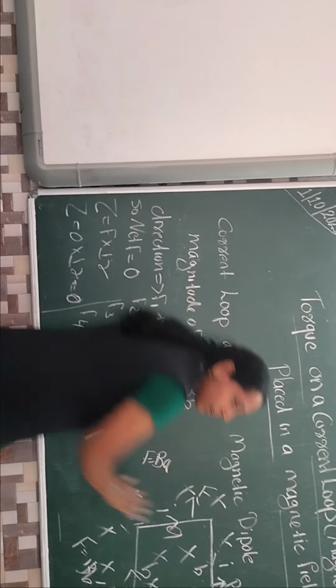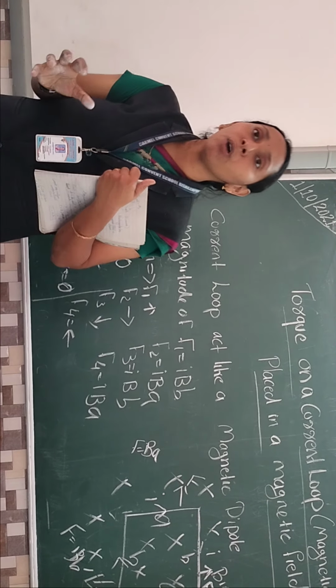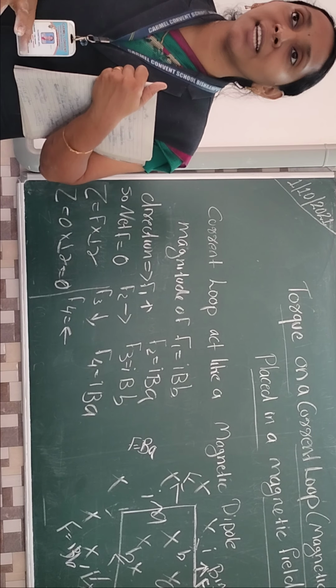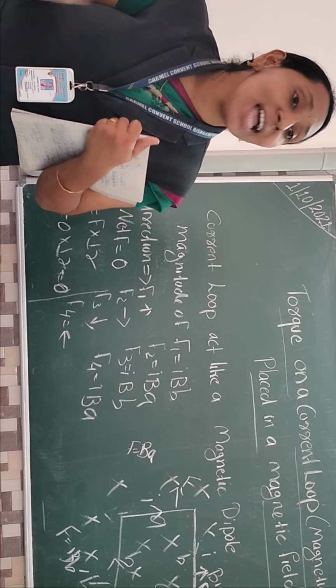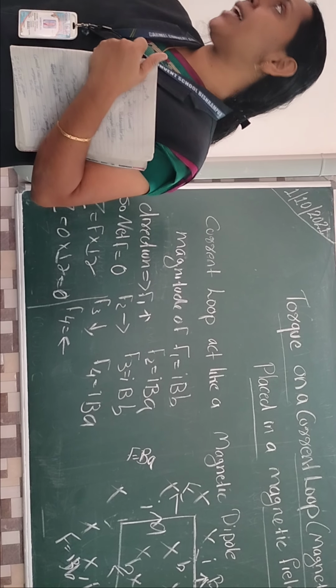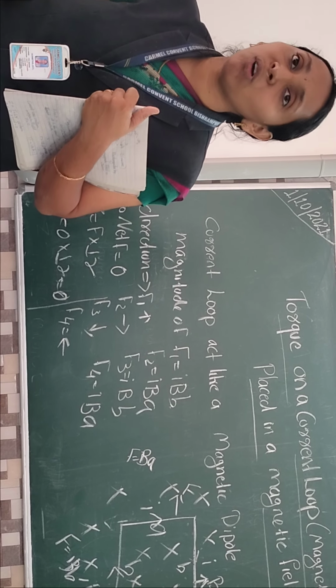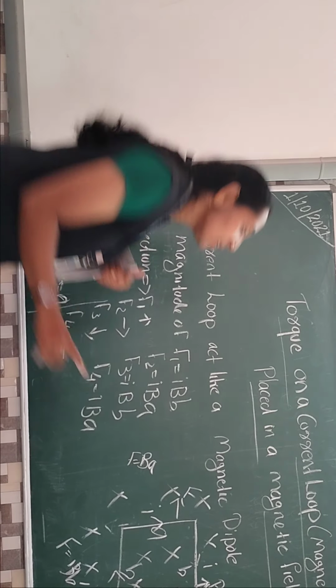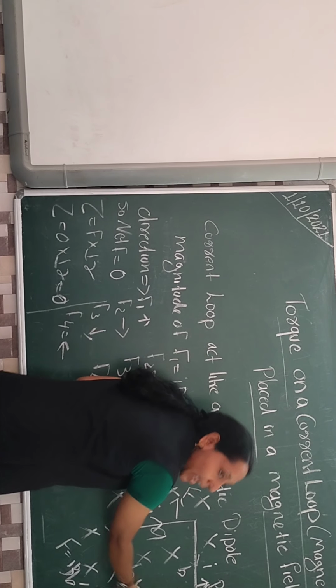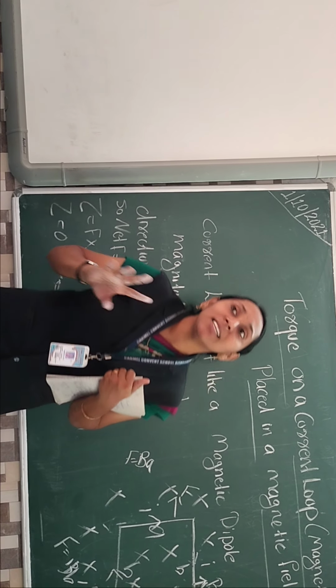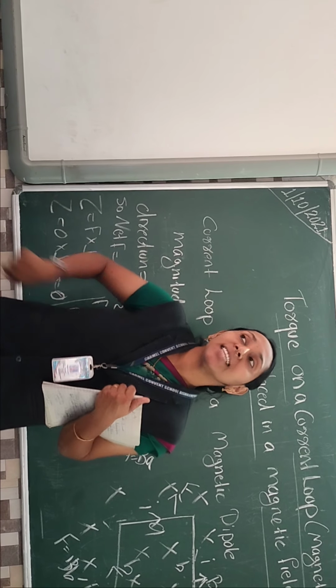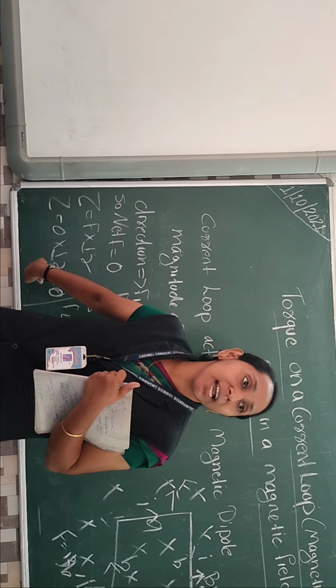F is also present here because we already know a conductor placed in a magnetic field experiences a force F equal to IBL sin theta. In this case theta is 90 degrees, so sin 90 equals 1. Length is the length of the side BA. It's a rectangle, so opposite sides are the same also. Clear everyone? That's the given data. We should get this final answer.